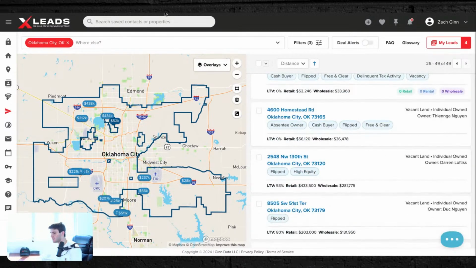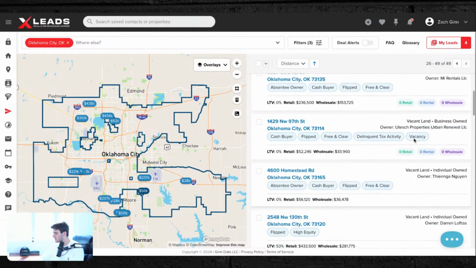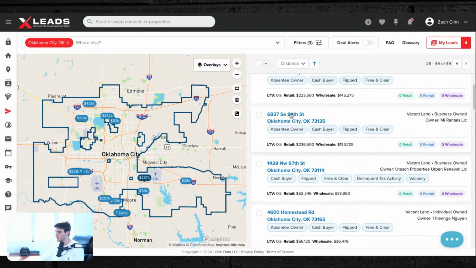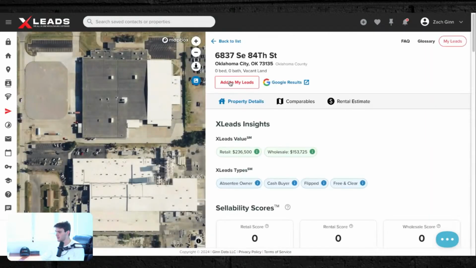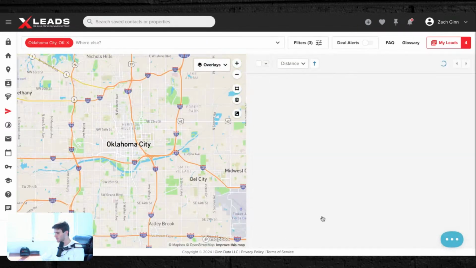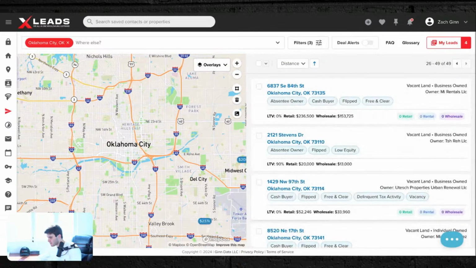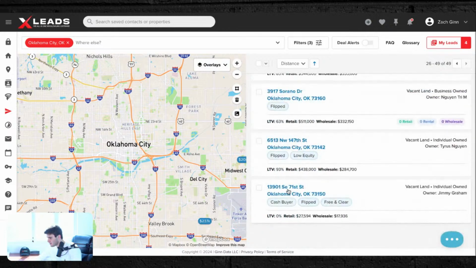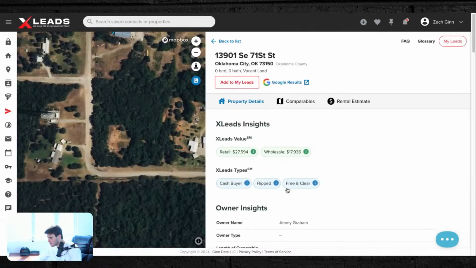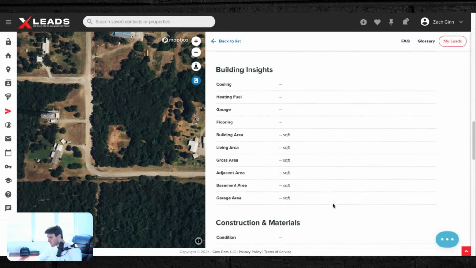And the cool part about it is you can look at owner information on the right-hand side there, which I think makes it a lot easier. So you see basically MI Rentals LLC. So I click that one. I'm tripping right now. I'll just refresh this. Okay, so I think it's that specific property. There we go. Okay, so this piece of land right here